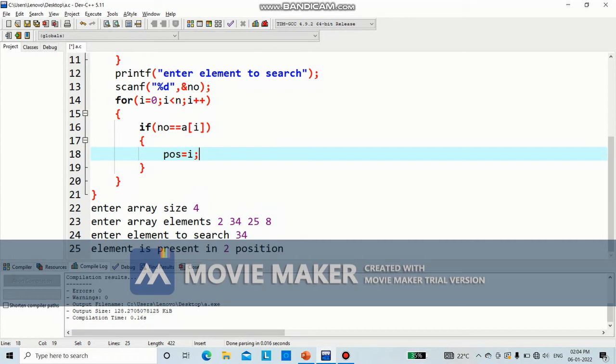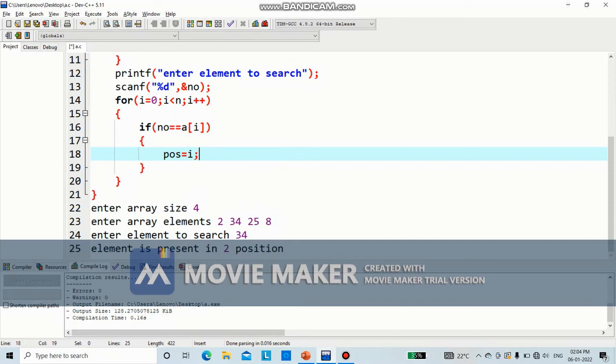Now I equal to 1. 1 is less than 4. Again I will enter. Again I will check if number is equal to a of 1. What is number? 34. What is a of 1? 34. This is equal. So I will make position equal to I. What is the value of I? 1. So position is equal to 1.